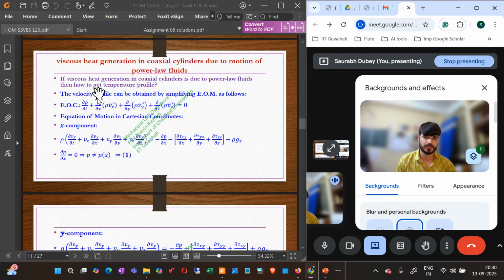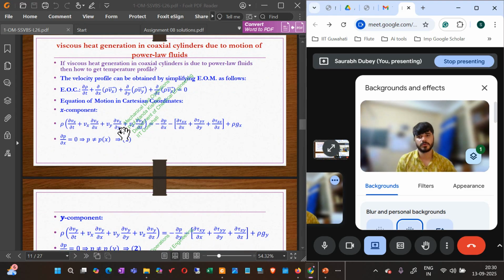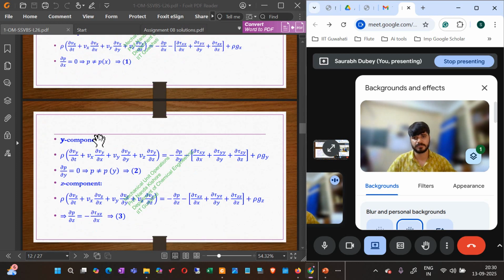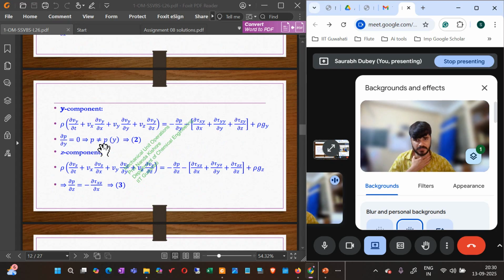So it will give zero steady state, and then del by del x vx, del by del y vy, and del by del z vz. These things will be zero, and you will get that this is satisfied. And then this equation of motion in x direction will give you that pressure is not a function of x position, pressure is not a function of y position, which will come out through the equation of motion for the y direction, and then in the z component, right? So